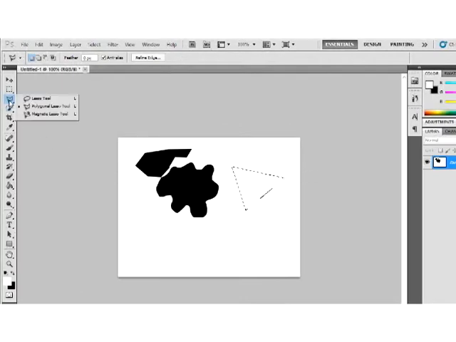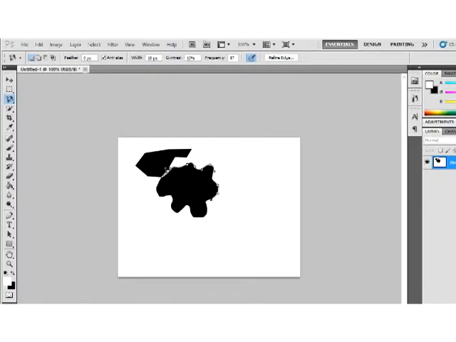Okay, then you have the magnetic lasso tool. The magnetic lasso tool creates anchor points, and when you move around the object it detects the edge and places the anchor points.